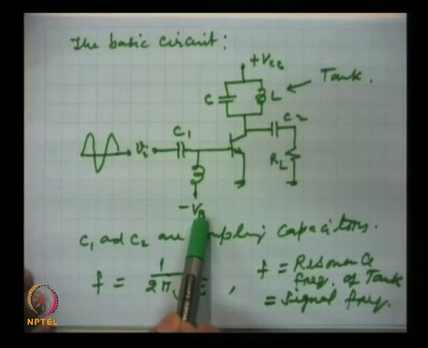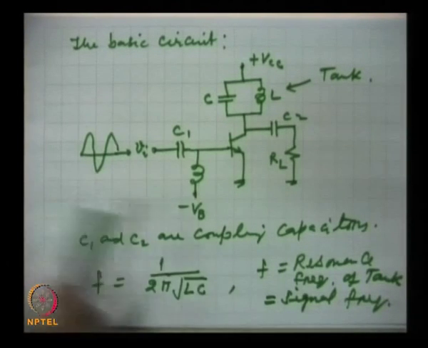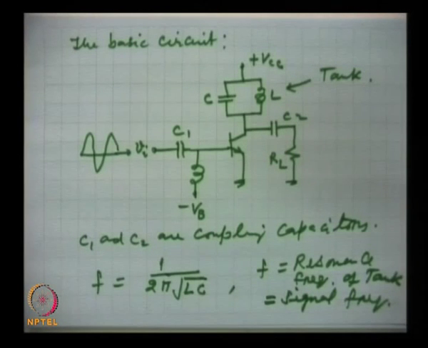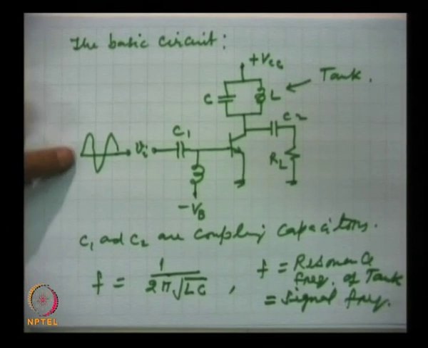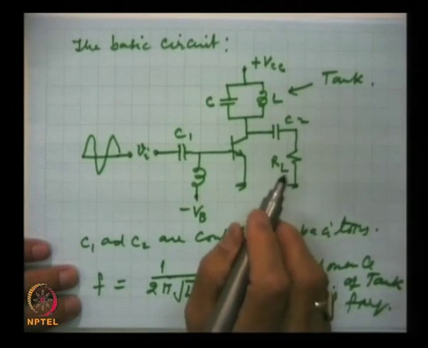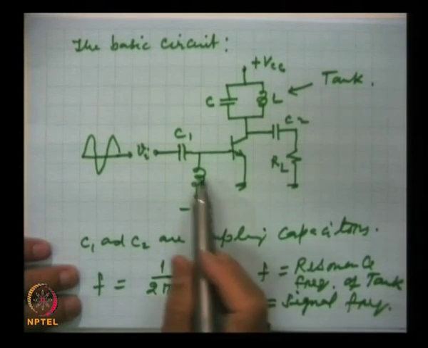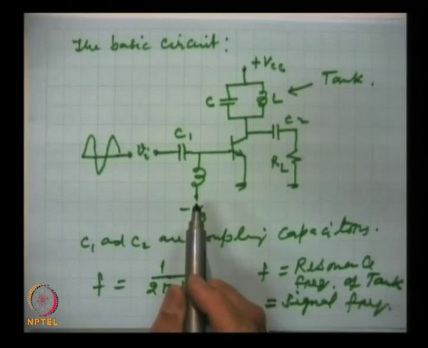By a DC source, a negative voltage is applied. Depending on the powers for which we are designing the circuit and the input pulse available, we will choose the negative bias accordingly. And at the output, it is to be discussed that because of this negative bias, as I discussed here,